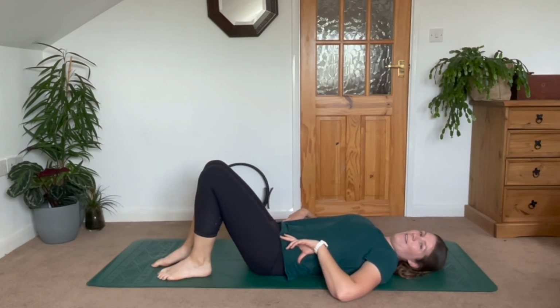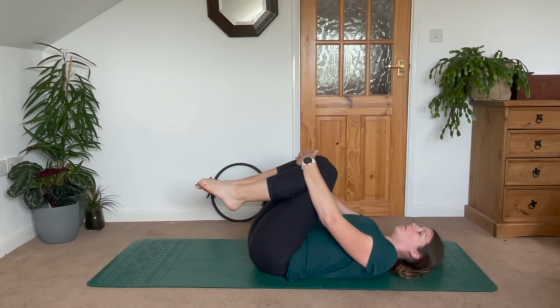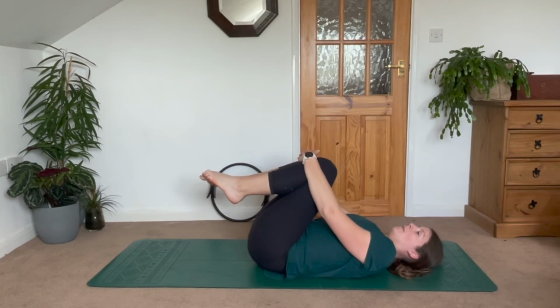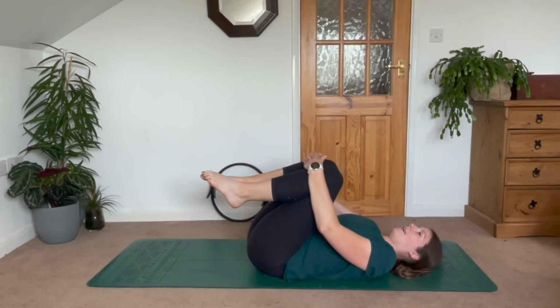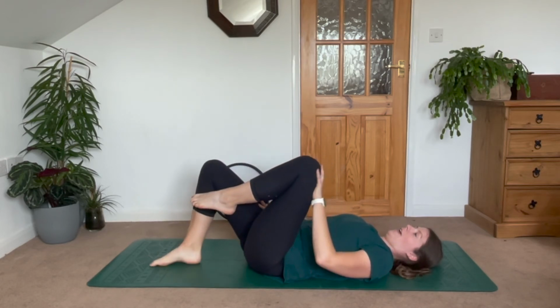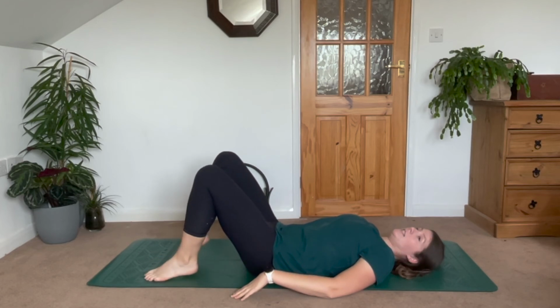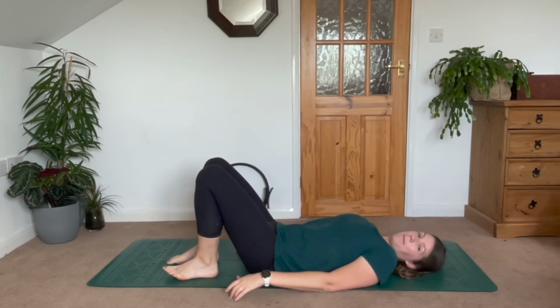And then gently lower down. Good, we're going to bring the knees into the chest. Have a little rock forwards and back. Have a little stretch for the back. Good, and then gently lower down, one leg at a time. Excellent. From here, we're going to bring our heels nice and close towards our bottom and move into a couple